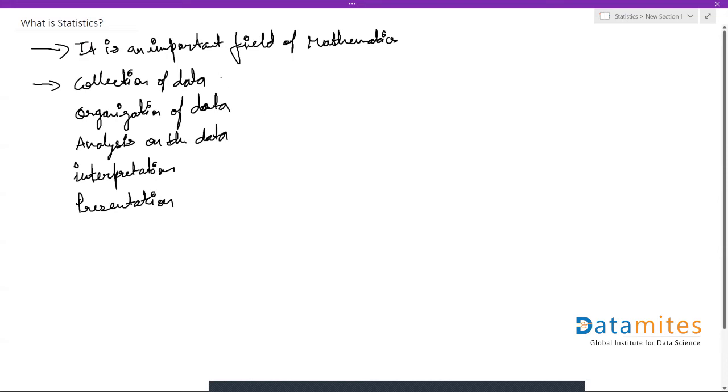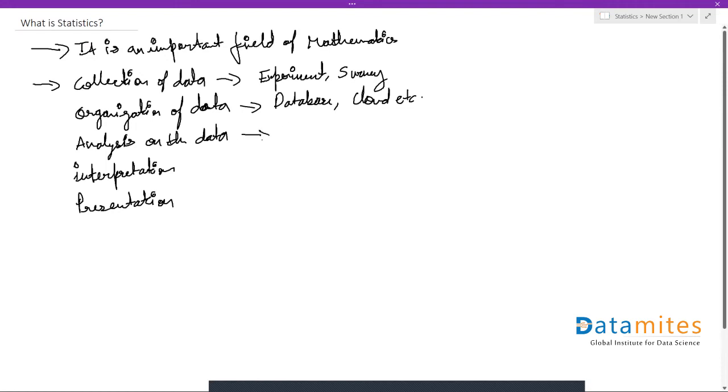And collection of data can be done by any means, by an experiment or some sort of survey, in order to collect the data. And organizing the data is nothing but the way how we store the data. So it could be a database, or it can be cloud, or anything. So it just deals with how we store the data which we are getting after performing some sort of experiment